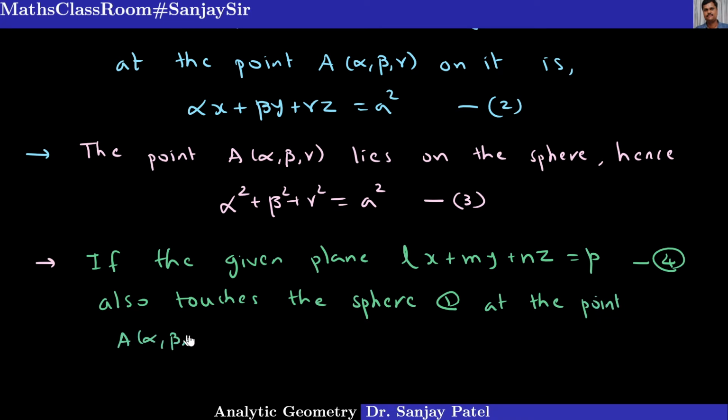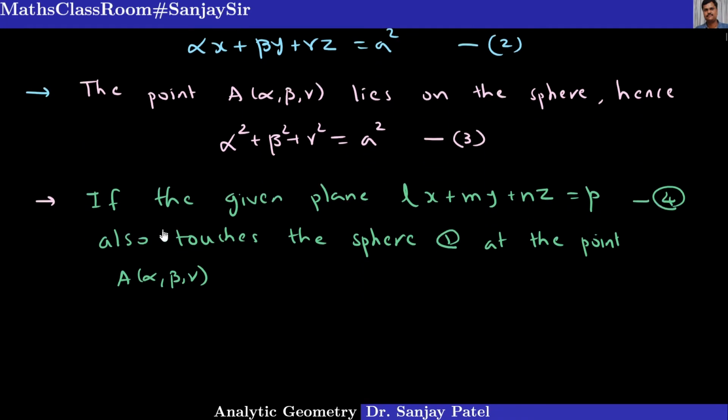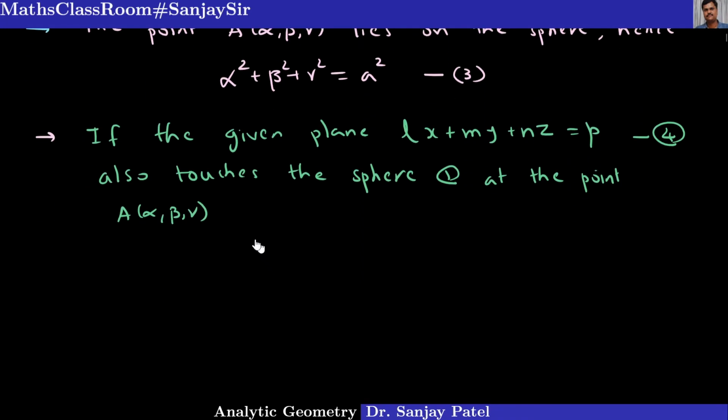So I am assuming that this plane is also a tangent plane to the sphere at the same point alpha beta gamma. Then